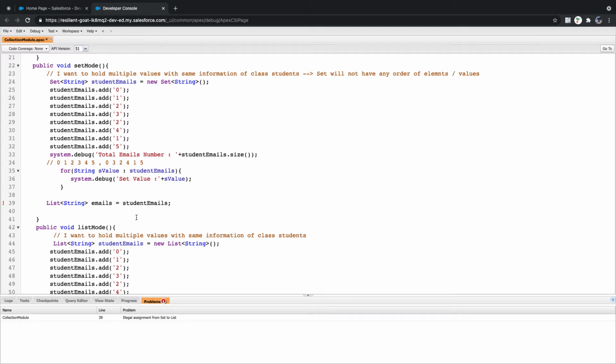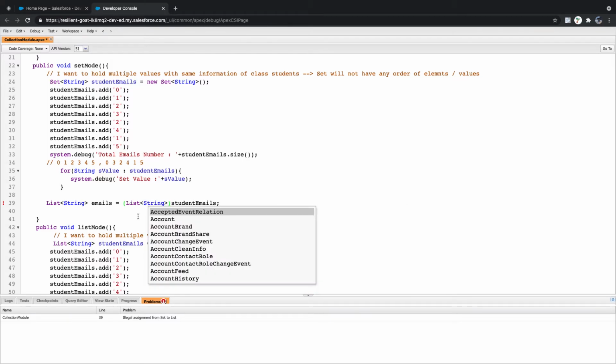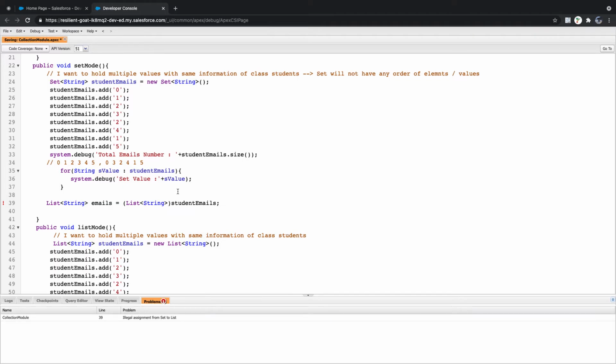Cool. Let me do a typecasting. This is called widening. List of string, incompatible instance of set. So there is no chance that you can do a direct cast. But there are ways of doing that.